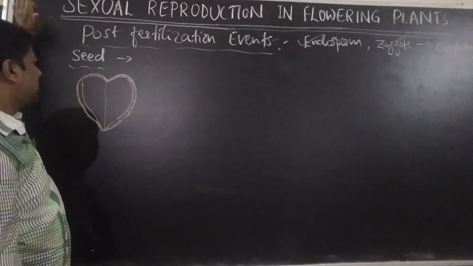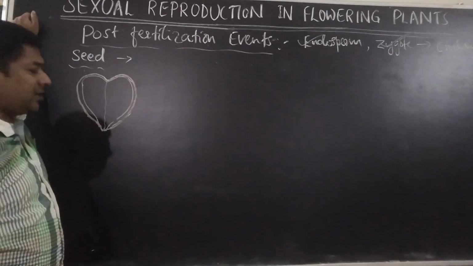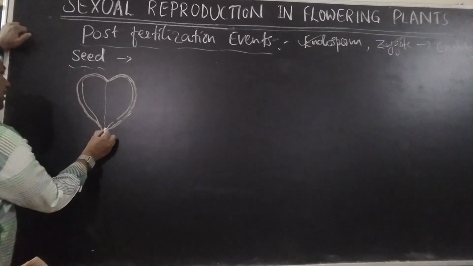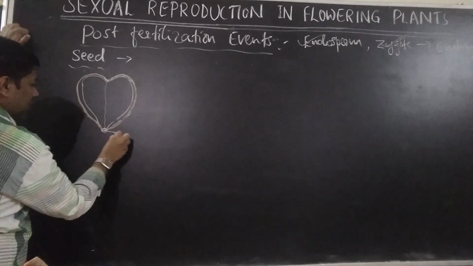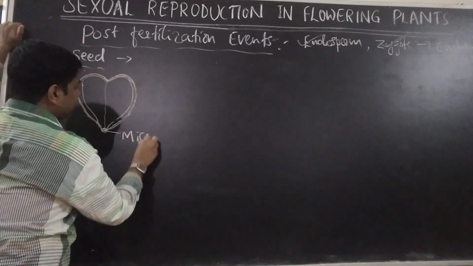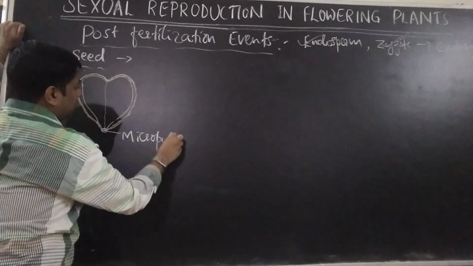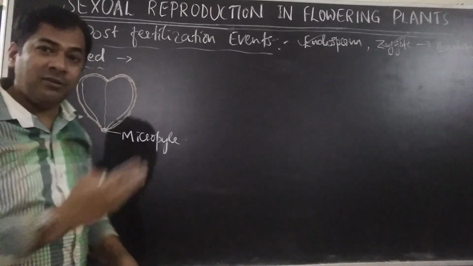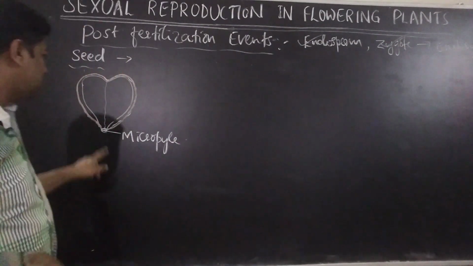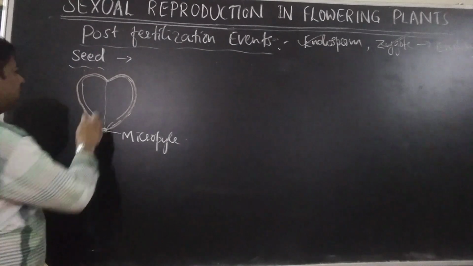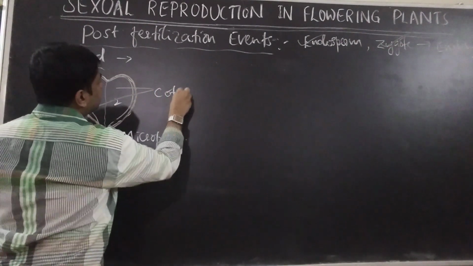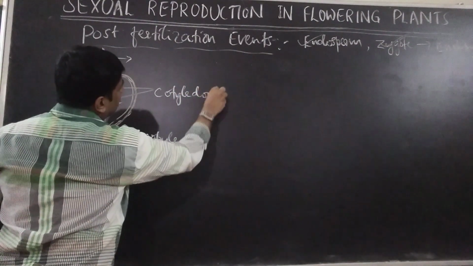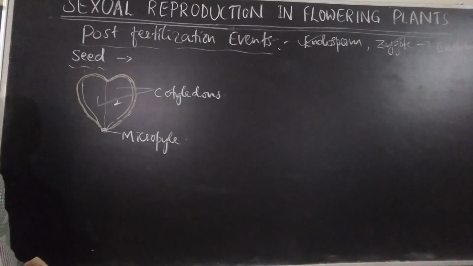If you see a groundnut seed, in that case, one opening is there. A small opening is there in the seed, a very small hole. That is the micropyle. Still that micropyle, which was required for entry of the pollen tube, is still present. So the micropyle is very small. Then these two, 1 and 2, are cotyledons. This is a dicot seed, so cotyledons will be there.